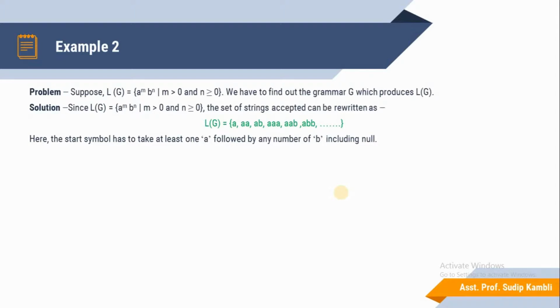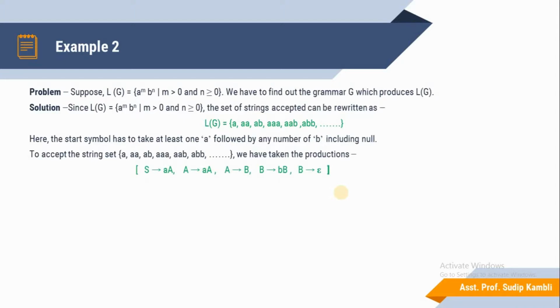So this language takes at least one A followed by any number of B, including the null string. To generate strings like A, AA, AB, AAA, AAB, ABB we use these production rules.